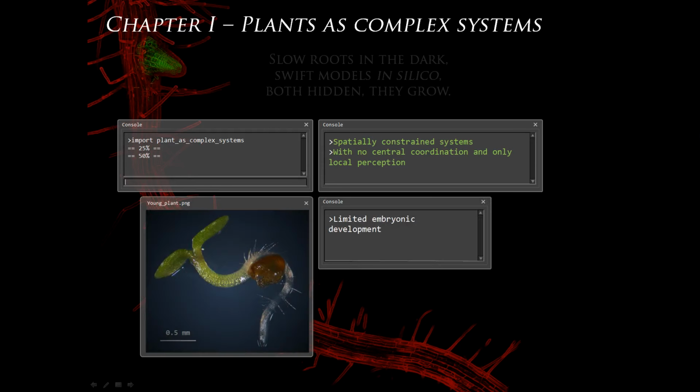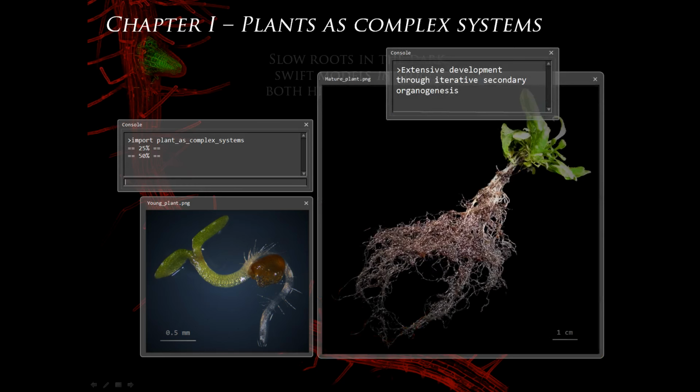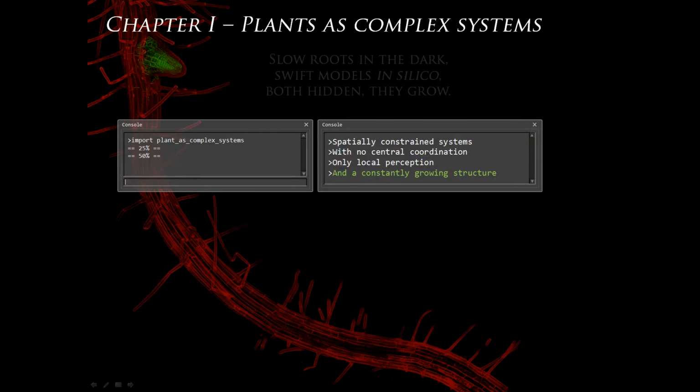But they also exhibit very limited embryonic development, which means that a plant, while it's in the seed, has a very small root and a very small shoot and not much more. And unlike animals, the main bulk of their development is actually post-embryonic, which means that they develop extensively through iterative secondary organogenesis. So these organisms, which appear at a glance quite simple because they are spatially constrained, have no central coordination and only local perception,